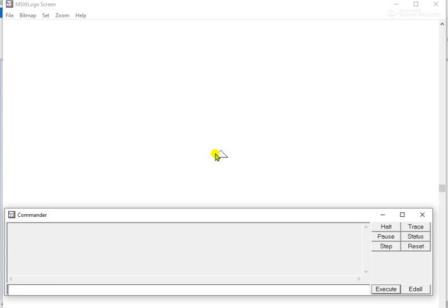Now the head of the turtle is this pointing part. The pointing part is called the head of the turtle, and this plain part or the bottom part is called the tail of the turtle. Whenever you give a command to this turtle, it will move where its head is pointing. At this time, this is the home position of the turtle and it is pointing towards up.